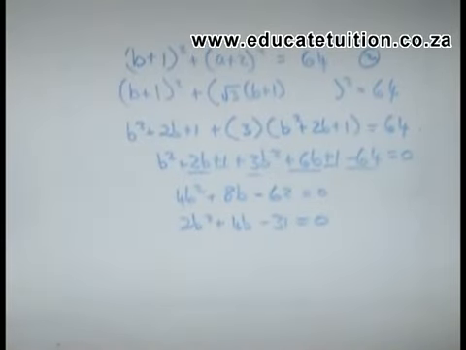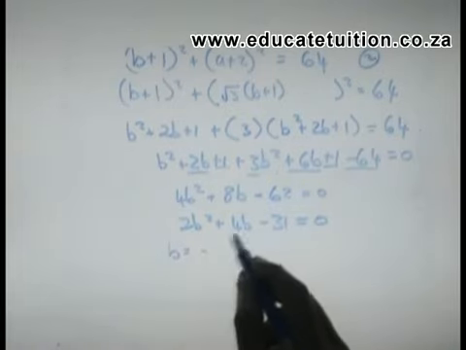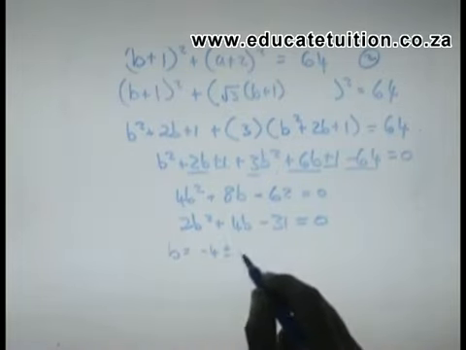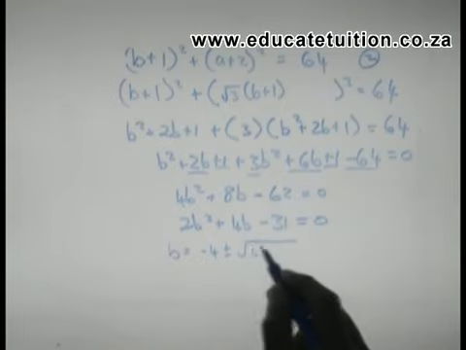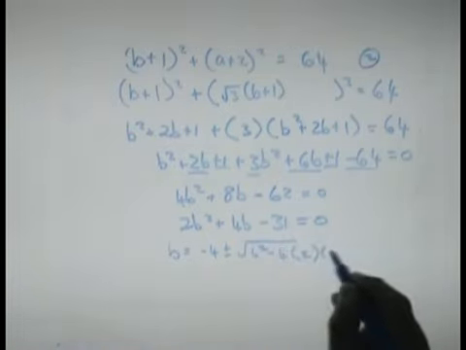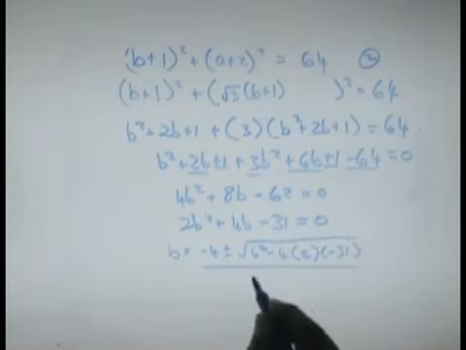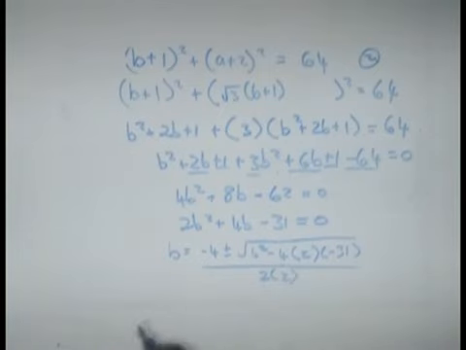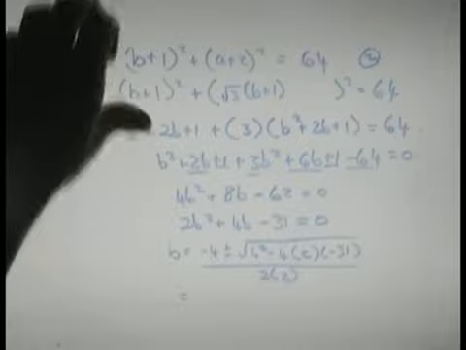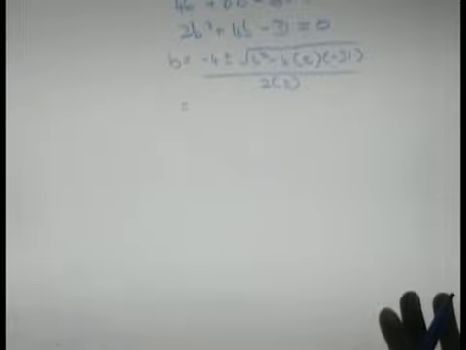I'm going to say that b is equal to minus b, or minus 4, plus or minus the square root of b squared minus 4ac. By now you should be quite familiar with using the quadratic formula, so I'm not going to spend too much time on it. Minus 4 plus or minus the square root of 4 squared minus 4ac is going to give me